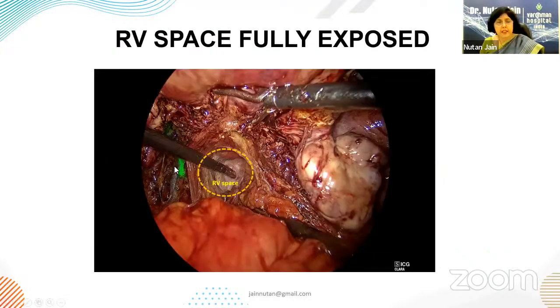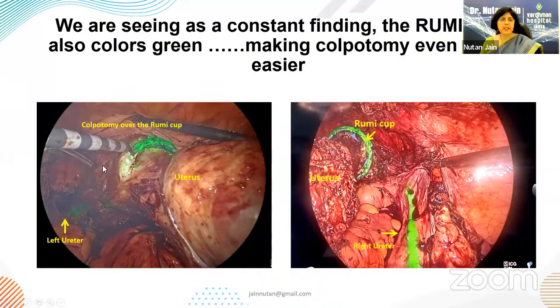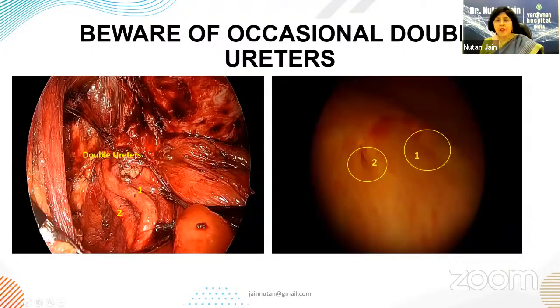Once we had dissected the ureters away and all the tissue dissected, we had nice access to the rectovaginal space, and after this, the TLH gets easier. Here we see that the ICG also stains the Rumi cup green, making the colpotomy still easier in these situations. And whenever you have extensive adhesions, just be careful about the prevalence of double ureters, because you've had